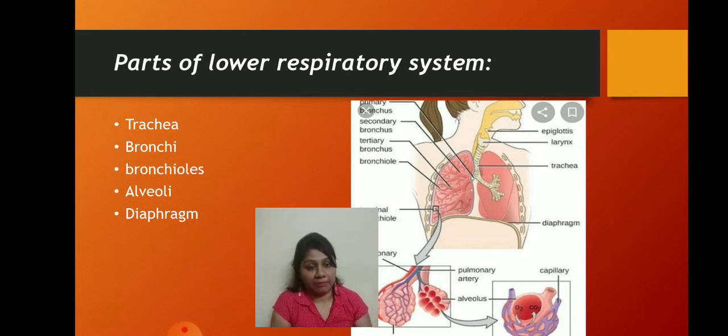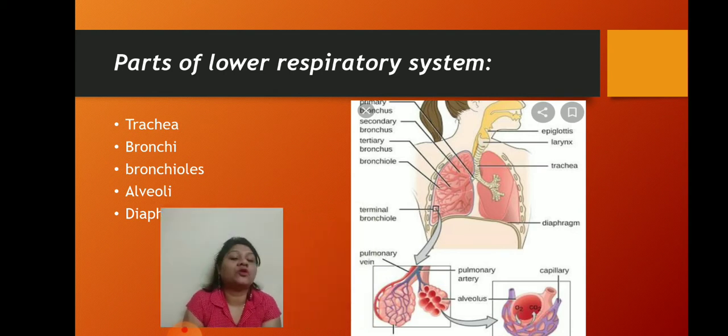What is trachea? Trachea is the windpipe, okay, through which the air will pass. In third class, you have learnt about the food pipe or esophagus. Through the food pipe or esophagus, food will pass, and through trachea or the windpipe, air will pass. Okay. Now, trachea divides into the bronchi,